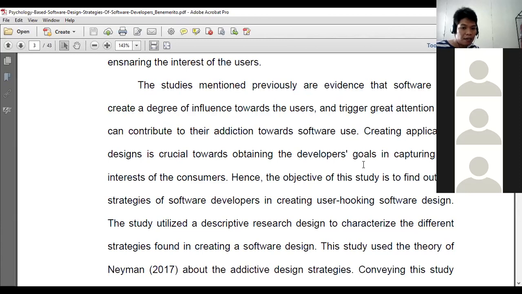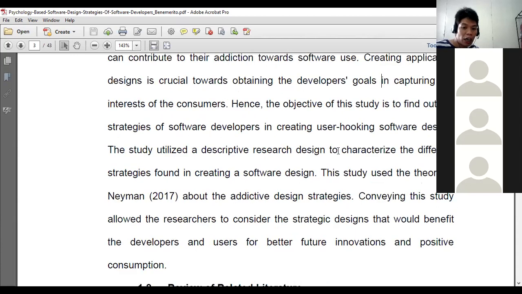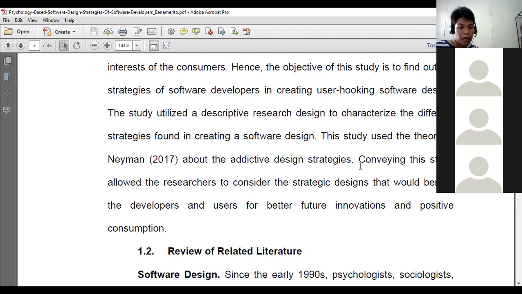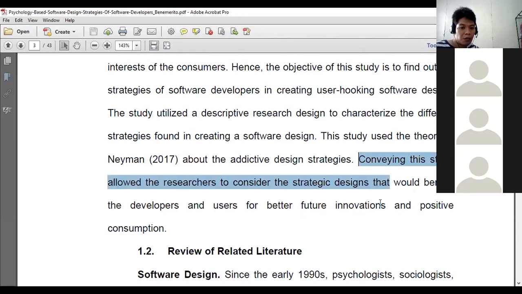And then you state your objective, the research design. Anyway, I already provided what research design you need to use for your study. Tsaka yung theoretical framework ninyo, already provided. And then ito yung possible use of your research. Last part.